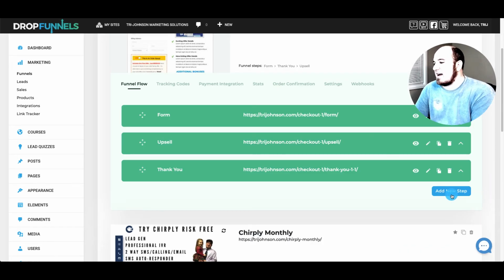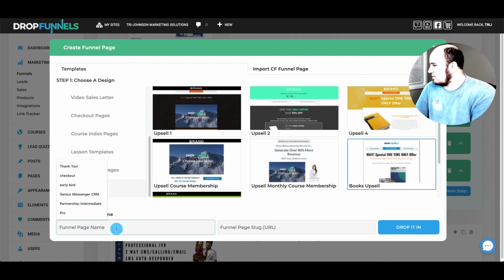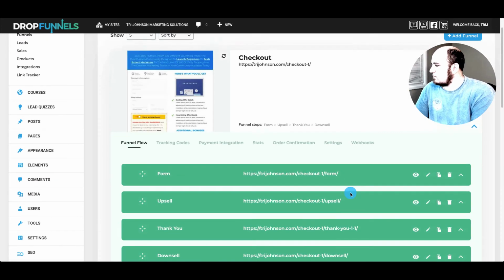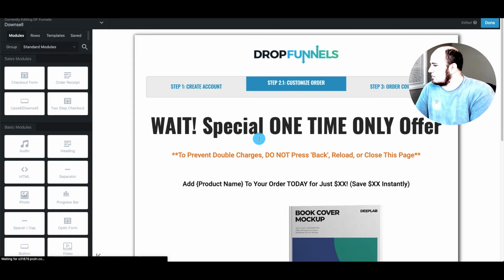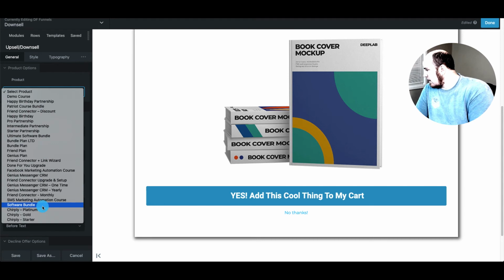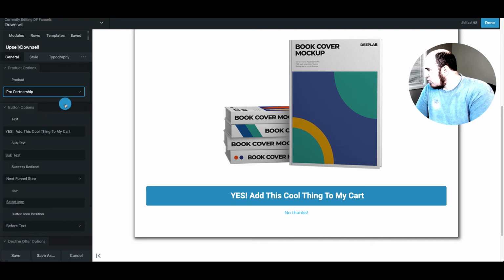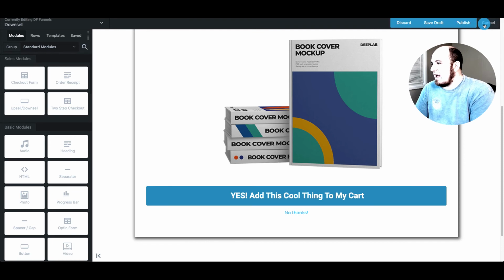So additionally, you could add a downsell page. So we'll go to upsell pages, and we'll do that same one, and just call it downsell. And we'll drag this after the upsell, hit edit, select a product, and we'll do, let's see here. We'll do a pro partnership. And next funnel step is going to be fine for this, but we will have to actually go back and